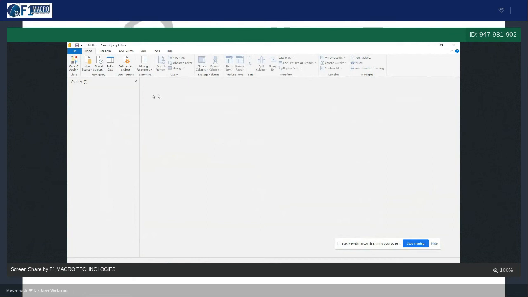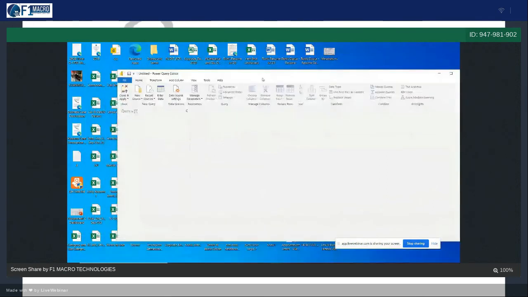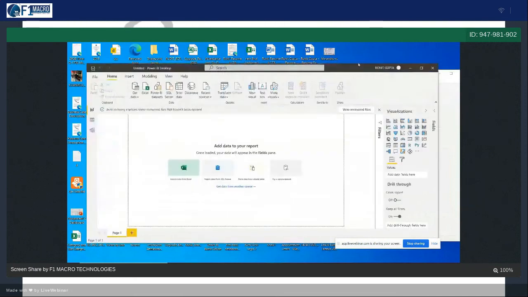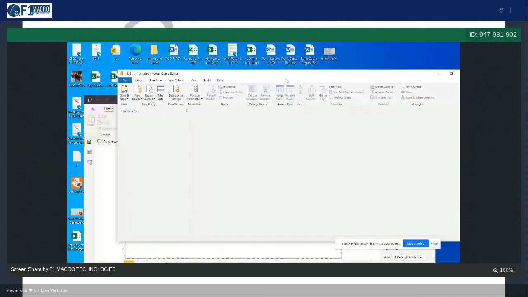So herein you will do an ETL. See, these are the two windows you will work on. First window is this, and second window is this. To jump to the Power Query window, you will just click on transform data. It will take you to the Power Query editor window.